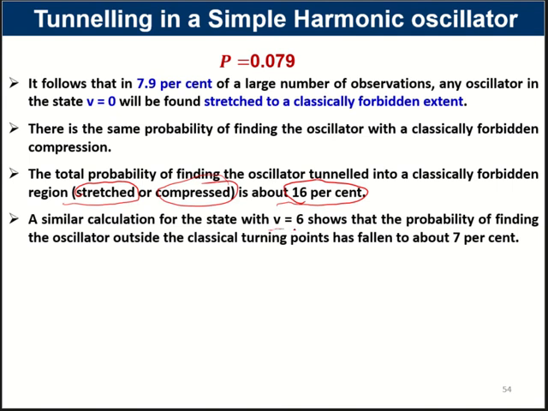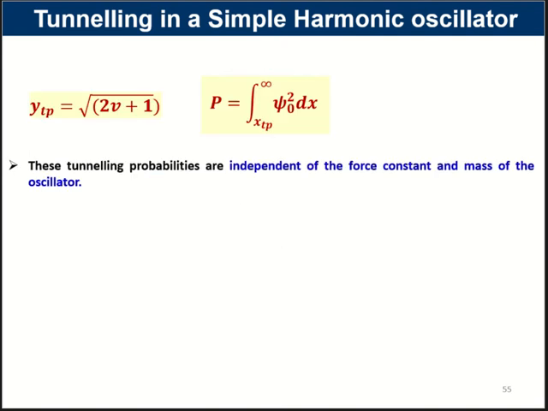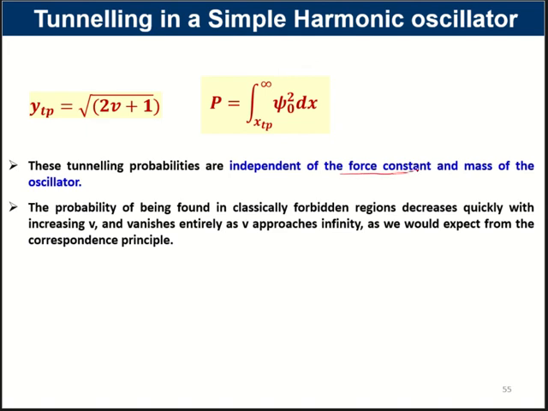Similar calculation if done for v is equal to 6, it has been found to be 7%, and so tunneling is what we now know is independent of force constant, independent of k, independent of mass. मैंने वहाँ पे k को वेव वेक्टर बोला था, वो गलत बोला था, फोर्स कांस्टेंट है यहाँ पे इस केस में, क्योंकि हम ऑसिलेटर की बात कर रहे हैं. So independent of the force constant and independent of the mass,